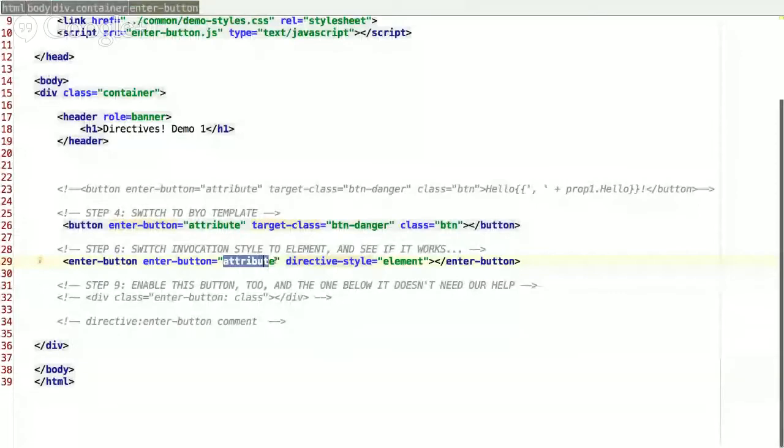You see it okay? So this attribute will be passed into your directive because we're going to be declaring an isolate scope on this attribute. So just really quick here, this enter button will be the element directive that we have listed on our restrict. This enter button attribute will then be passed in via isolate scope, so it'll be made available on our directive. So if we were to go,